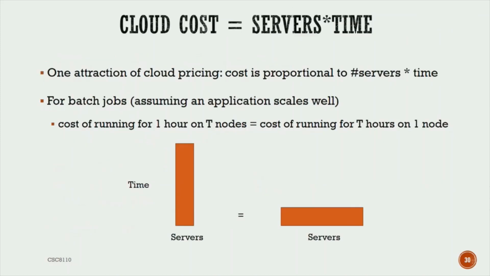So the thing with the cloud is this. The cost of running one server for T hours is the same as the cost of running T servers for one hour. This is how public cloud pricing is. Either you run 10 servers for 1 hour each of the same configuration, and the cost will be the same as running one server for 10 hours. This is the fundamental way cloud costing is done. So you can compute the cloud cost as servers across time. It doesn't matter how many servers you use because it's the same both ways. Right?